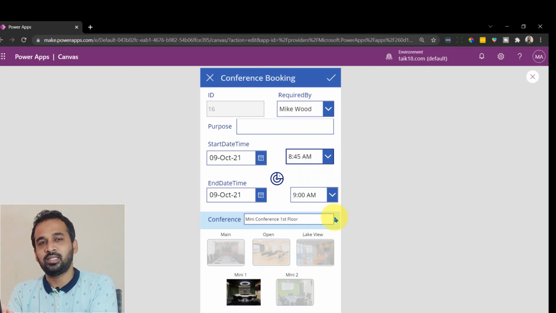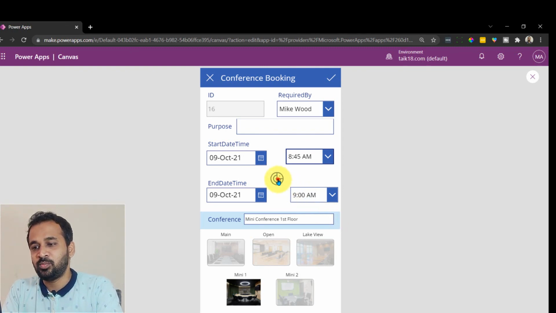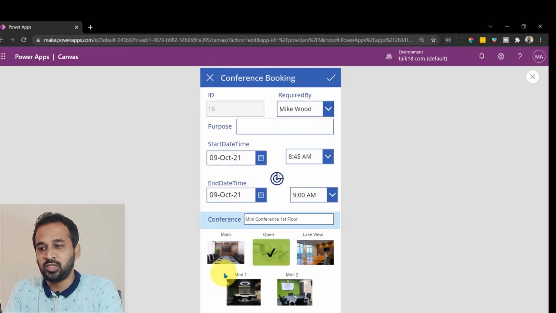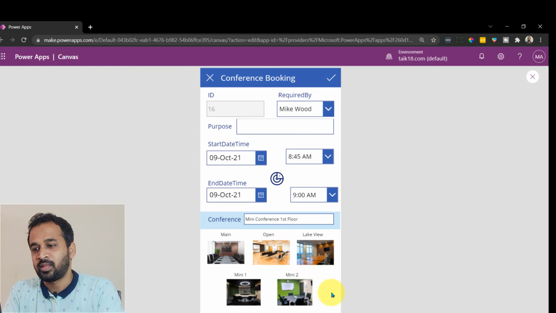The meeting started at 8:30 and ends at 9 a.m. If I want these to be disabled during that time also, then I need to change the calculation I did so far, right?